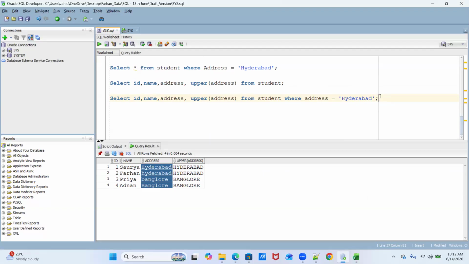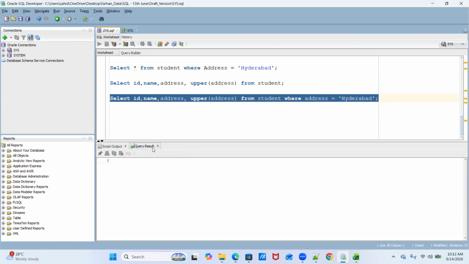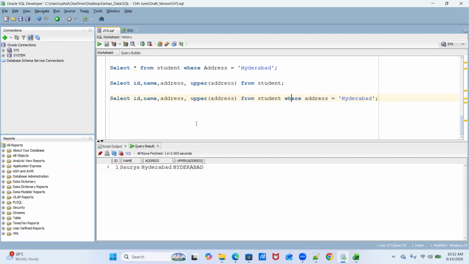But we saw that when we executed this command, we were getting only one record for Hyderabad. Even though we created this new column for display purpose, when we filter based on Hyderabad, it displays only one record, even though we have two records in the table.